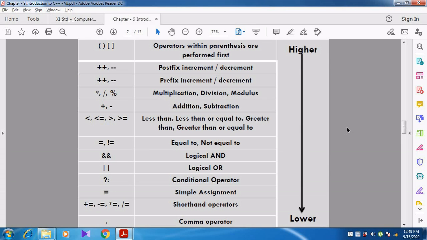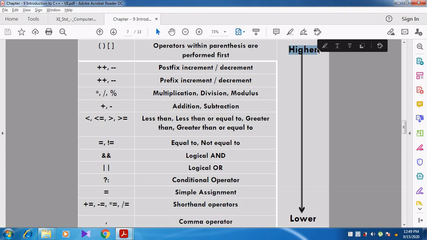Can you understand, students? See here, all the operators are here. Which operator should be evaluated first? The operators within the parentheses are performed first. As usual, whatever is given within the brackets should be evaluated first, so that has higher priority.